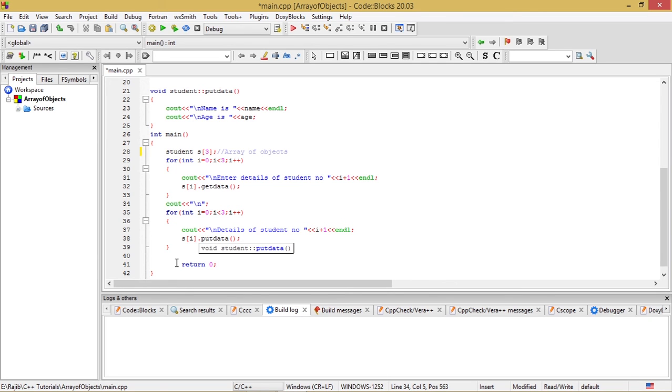After that, we are left with only one statement, return 0, and then the closing brace of the main block is encountered. So let's now go to build and run.